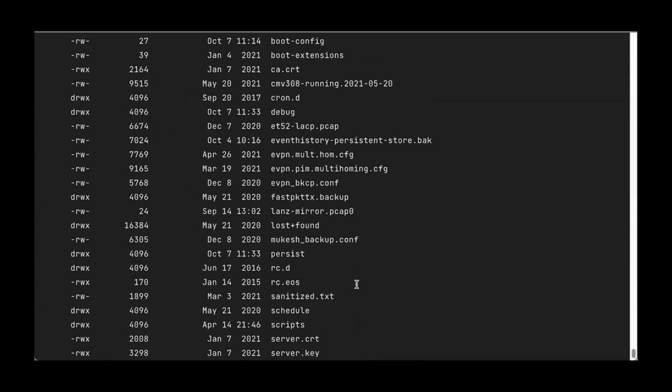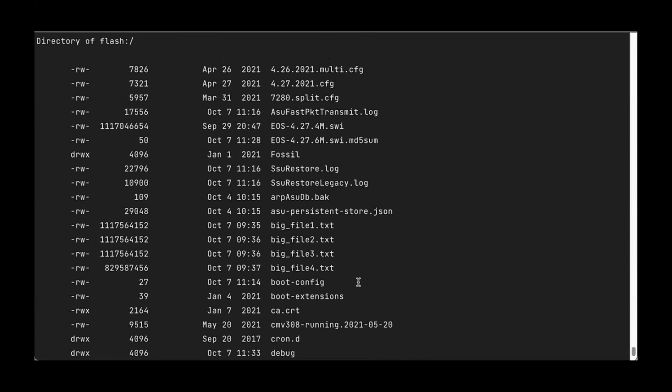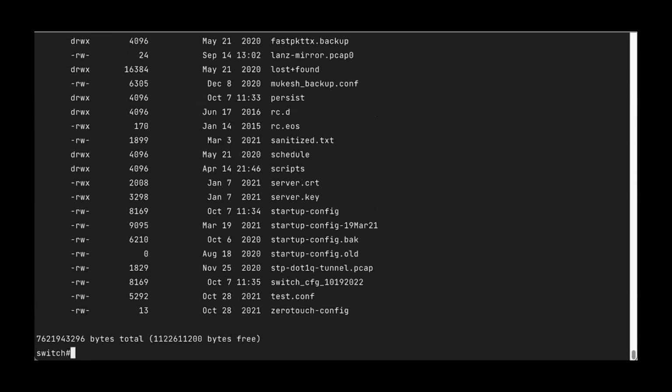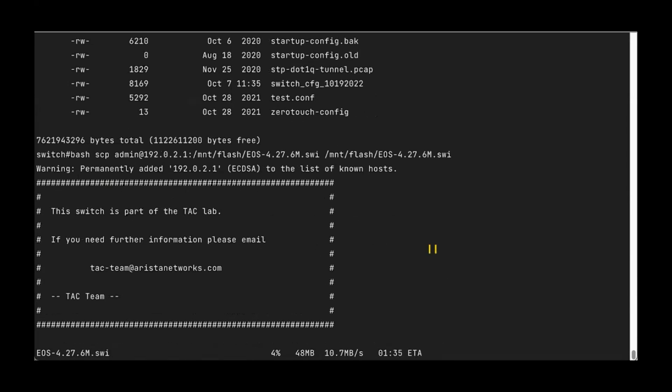Now I want to check to make sure my current version of code is on the switch. So I check it here. Yep, 4.27.4M is here. I see a decent amount of Flash utilization, but I don't think it'll hurt anything. So now I'm going to just download the file from my repository. I'm using SCP again, but you'll see I'm using bash. Now this is more common for what I'll do. I'm just more familiar and comfortable with using bash to run a lot of these commands. But like I showed before, you have a lot of options for doing that. And once I start this, I fast forward a bit just so you're not waiting for a few minutes, listening to me ramble while we download the software.